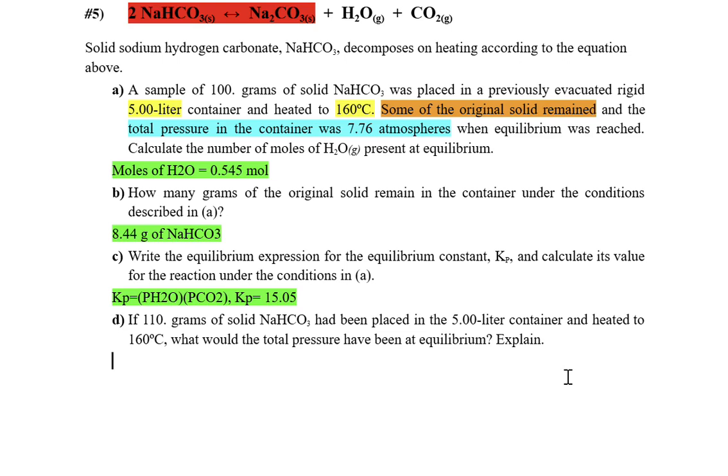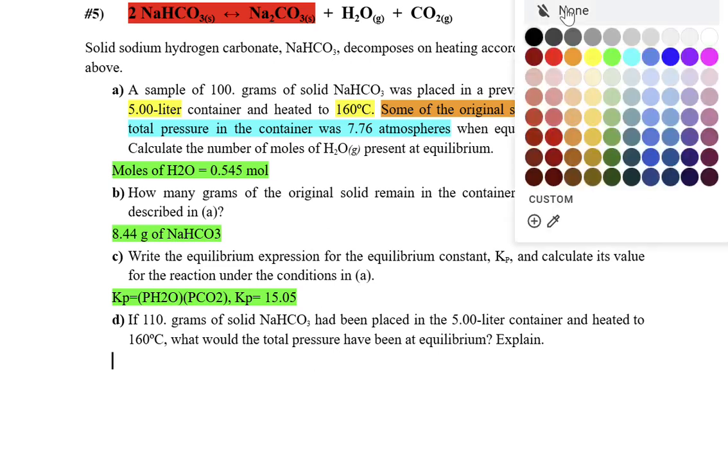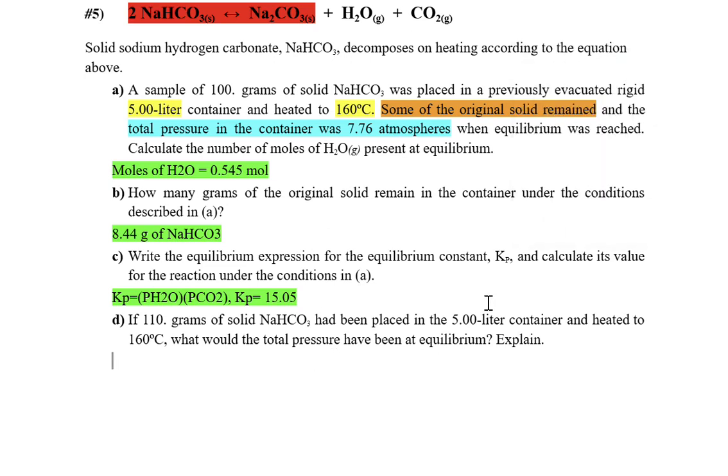Since some of the solid remains when we use the 100 gram sample, without any temperature change, using 110 grams won't affect the equilibrium. Solid remains here, solid will remain here, so the equilibrium will not be affected. Therefore, the pressure will not change. So the answer for this is 7.76